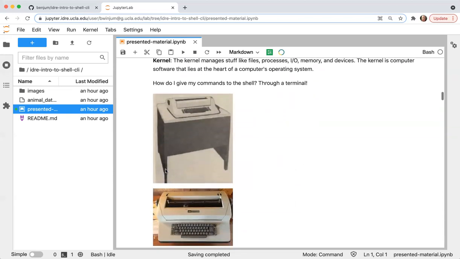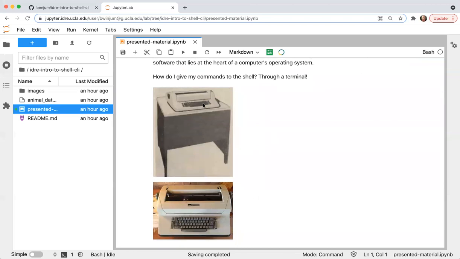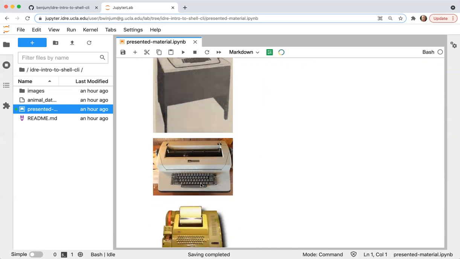So these are a couple pictures of very old terminals. A lot of this computer lingo derives its names from concepts which were in the process of being developed when computers were developed. And initially you had to interface with these computers, which were these gargantuan things, through some kind of device like this.